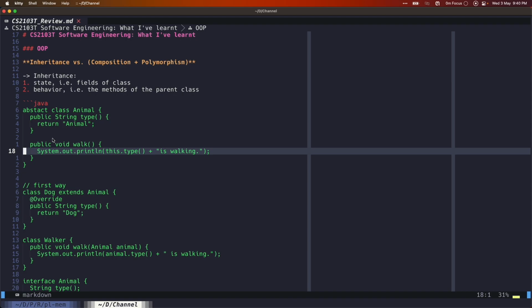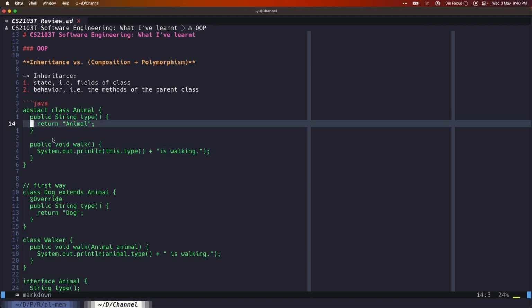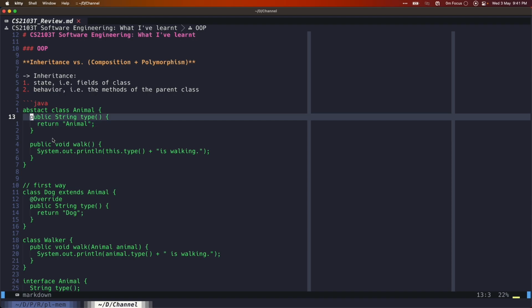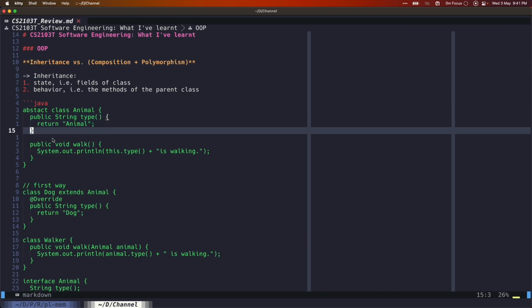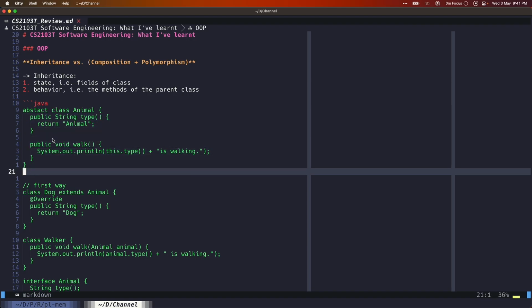This is an example with only methods. But if we provide a default implementation here, what will end up happening is that we may end up with Animal is working too, and in the child class we extend the parent class. But if we don't read through the code of the parent class, it may not be immediately obvious what things we have to provide, and sometimes you want to print Dog is working, but what you end up with is Animal is working because you forget to override type.